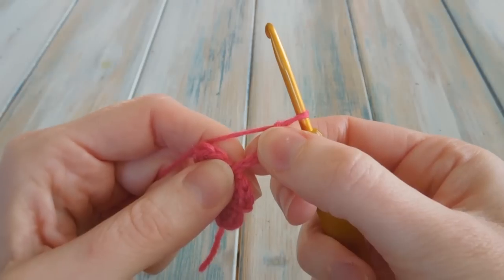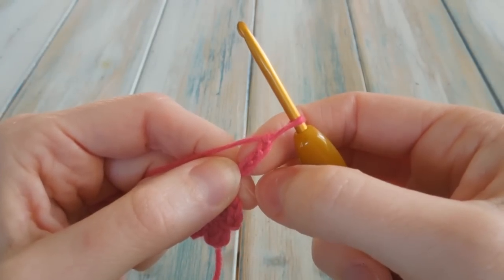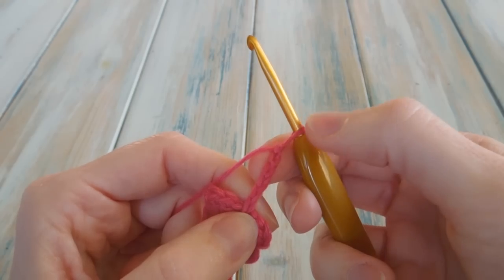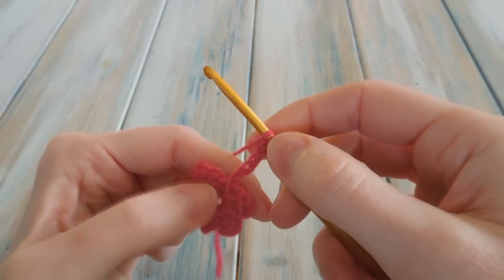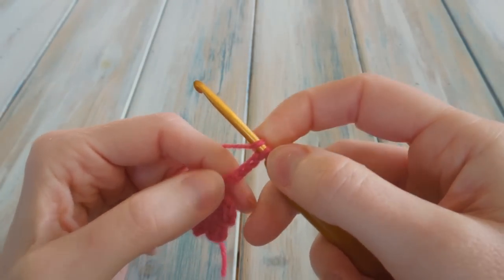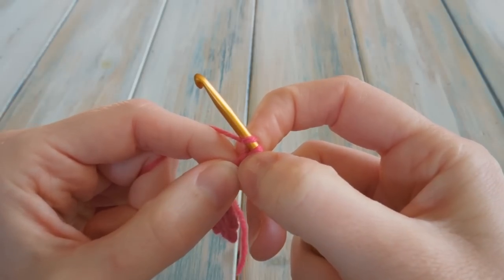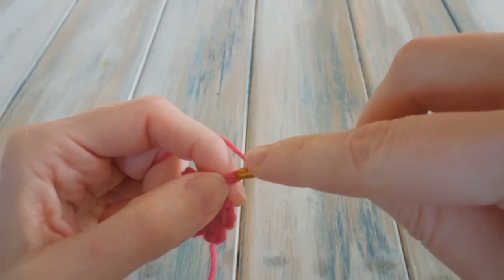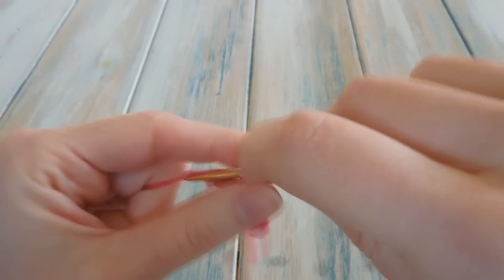You've got the 2 chains that will be in between our flowers, and then the 4 chains which we're going to work into a loop to make the second flower. So 6 chains in total. And what we're then going to do is yarn over and then, finding your 4th chain from hook, now we don't count the loop on our hook, there's our first chain, second, third and 4th. Put our hook into that 4th and do a double crochet